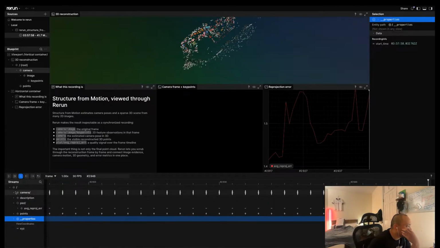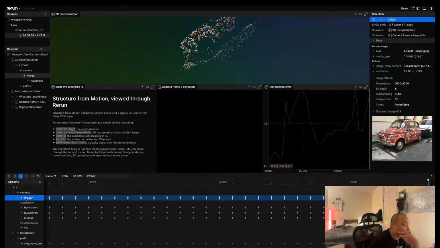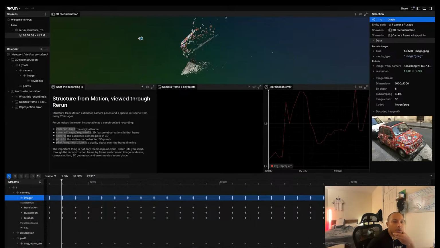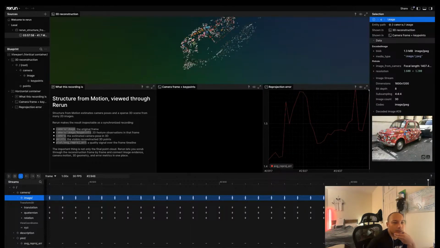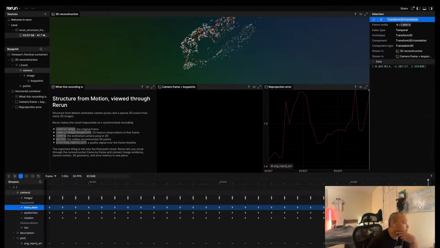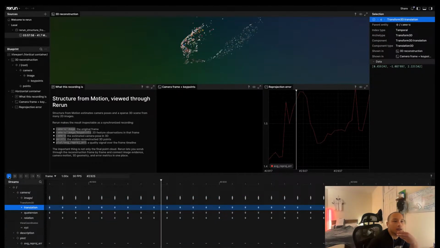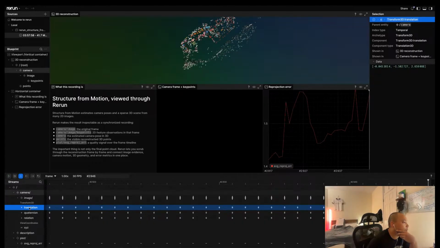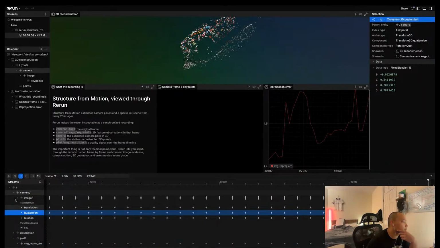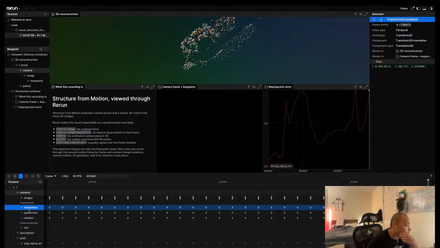So let's see, you have the camera and the image is moving, as we see here. And then you see how the key points are being translated. Yeah, the temporal translations are being recorded, logged 30 times.